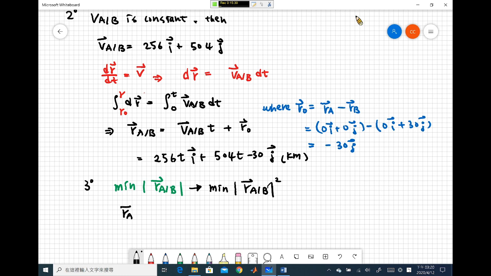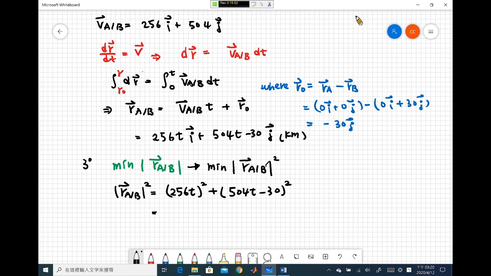So your r of A relative to B squared will be the x component squared plus the y component squared, right? You just populate all the terms. Then let's see. So for this equation,